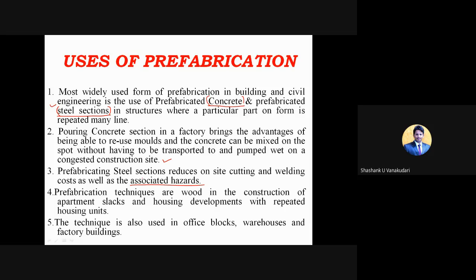And other associated hazards might be that the labourers are going to join those structural elements with welding and other joints and nut and bolt connections. So while working they may take fewer safety precautions, and accidents may take place at the construction site with the conventional method.